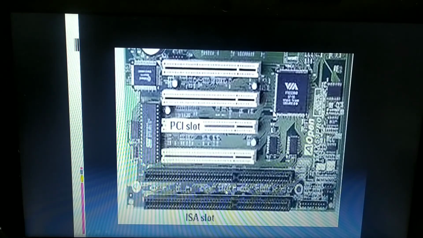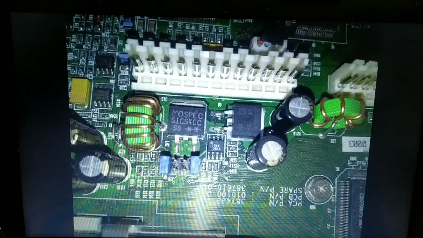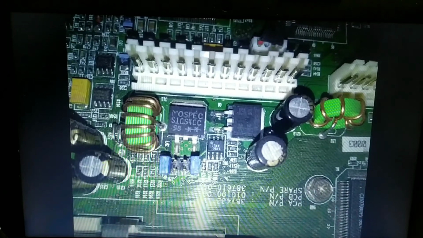Then it is also using the 12-pin power connector, and it is having no ports. The XT motherboard is using a 12-pin power connector. You can see this is the 12-pin power connector, and this XT motherboard is not having any external ports. External devices like your USB flash drive you cannot connect. External sound card, external speakers and all, you are unable to connect to such kinds of motherboard.